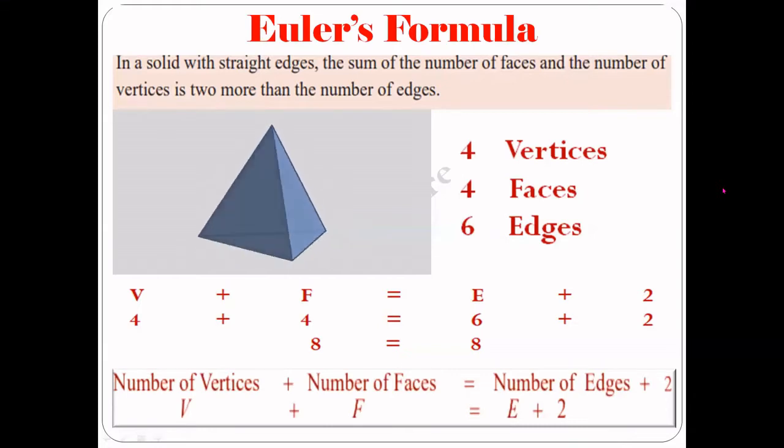V, F and E are called variables. You have learned about variables in grade 6 also. You know some algebraic symbols, simple letters of the English alphabet can be used as variables. Variables are values which vary according to the situation. Occasionally, those values vary. Then they are called variables.